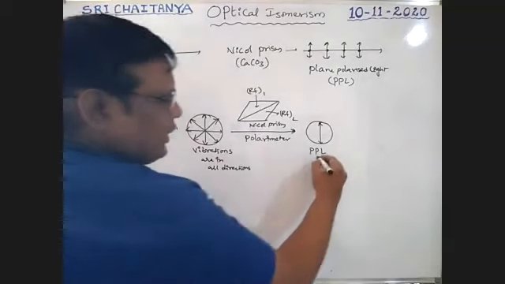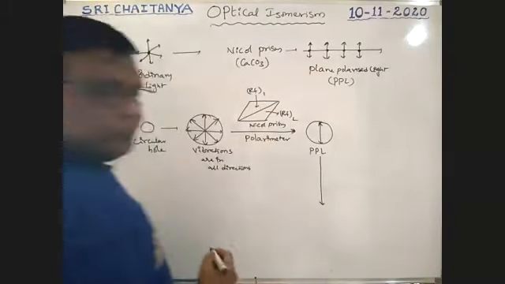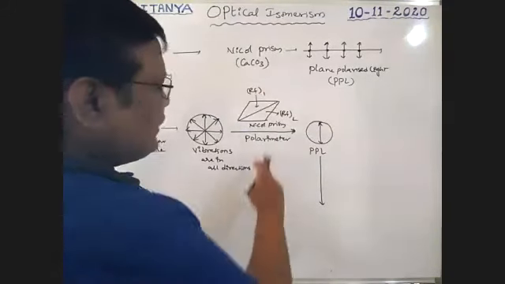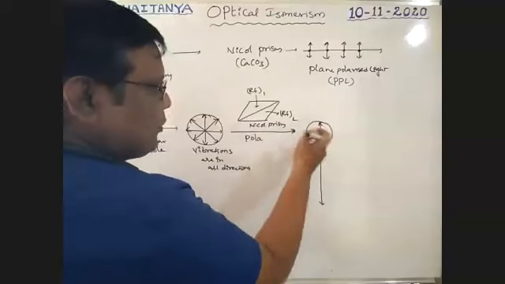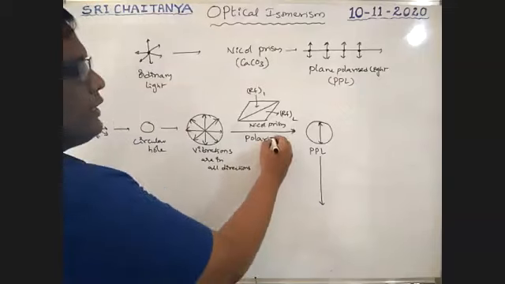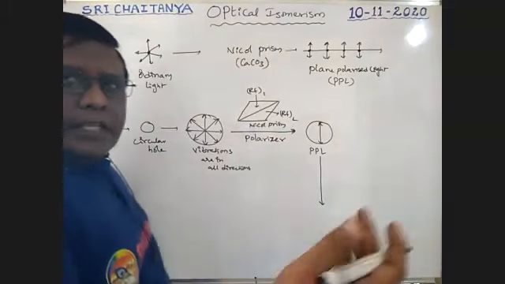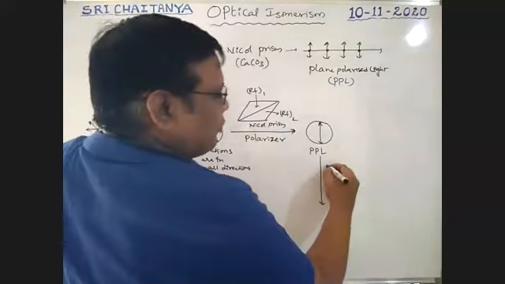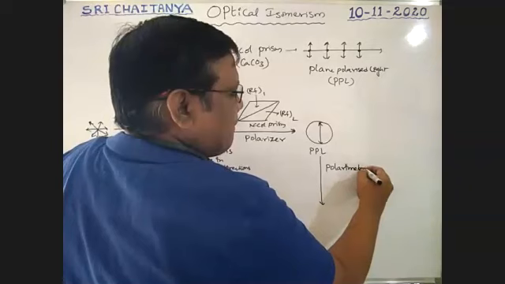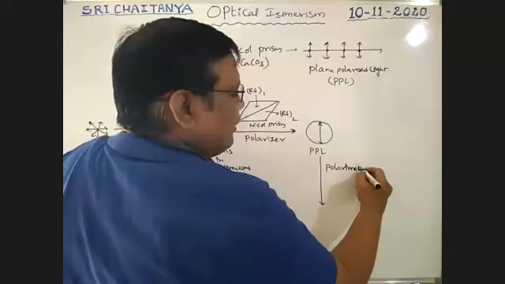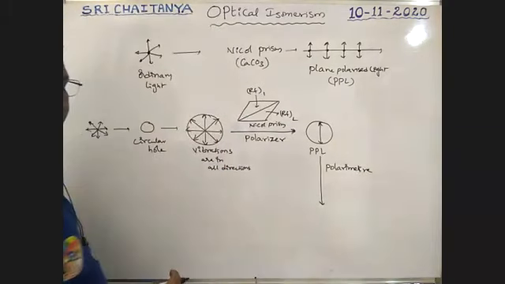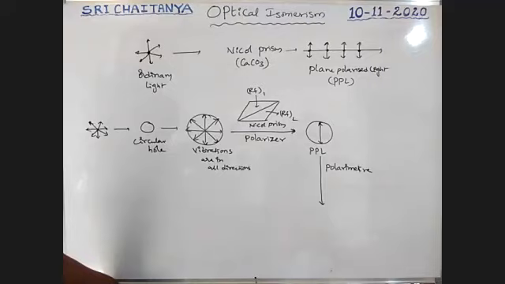If this plane polarized light is passed through an instrument, which is called, boys, not polarimeter, it is polarizer. That means polarizing light will be coming out. Now it is converted into a polarimeter, boys. It is the instrument used to identify how much polarization, that means optical rotation, is taking place. Polarimeter.